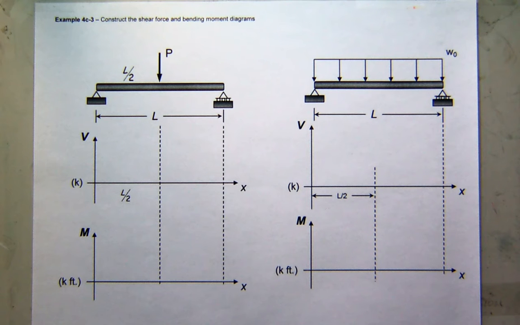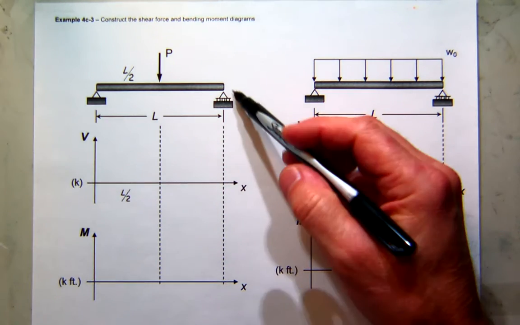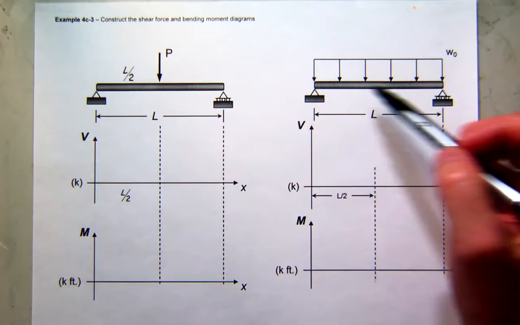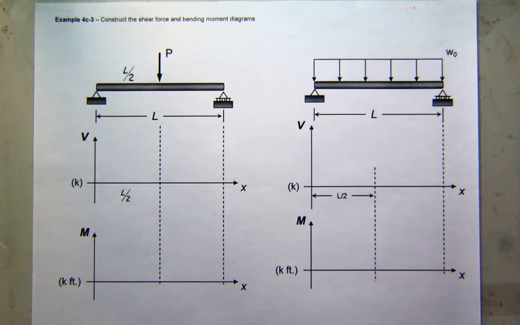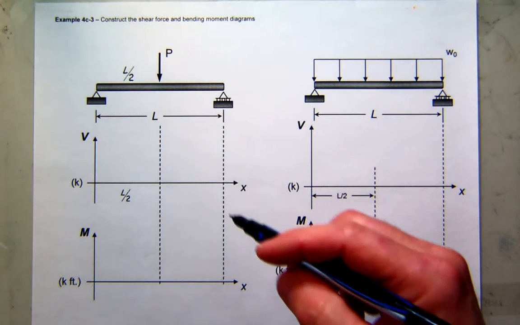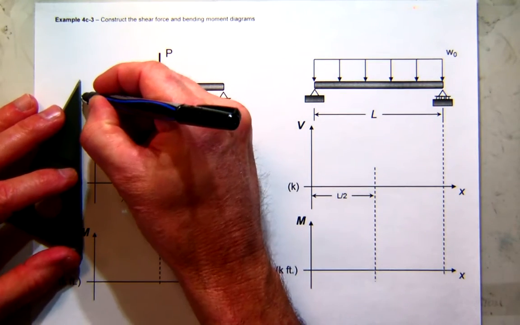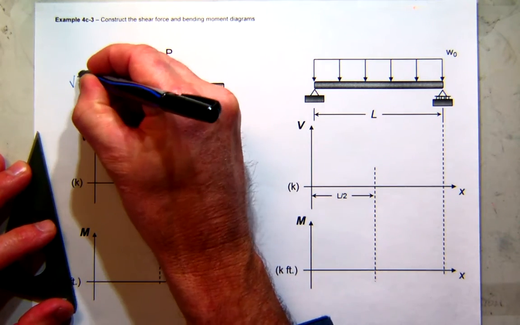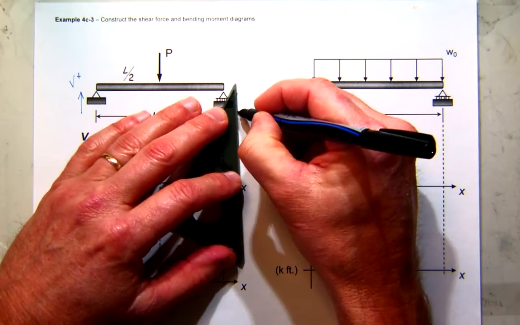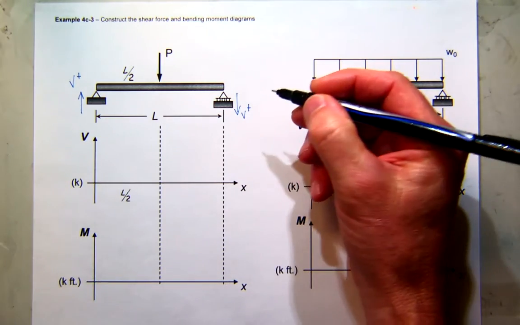All right, so let's try these. These are different from the previous ones in that they are going to be simple supported beams. I'm going to do the same thing I did last time and just shortcut it a bit and give you the values. So if we assume we have a positive shear force here and a positive shear force here,